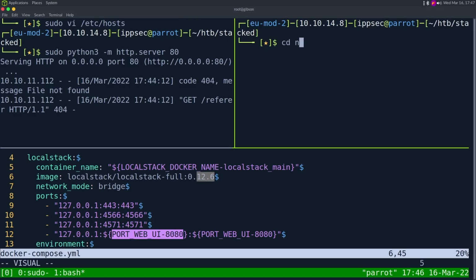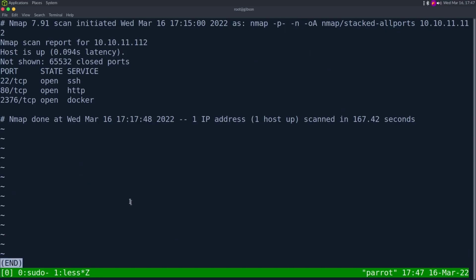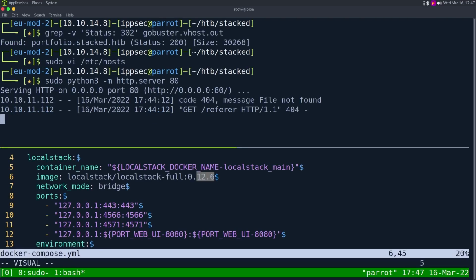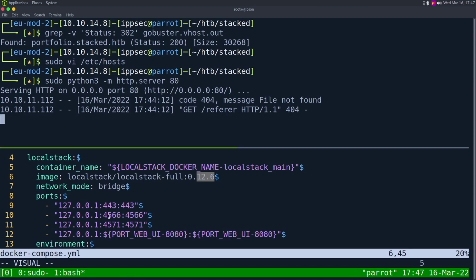We did do a full Nmap scan. So if I do stacked-all-ports.nmap, we can see 2376 is open at some Docker thing, but we don't see port 8080, which is what I'm assuming is going to be this web interface, the dashboard component. Or I don't see 4566, so I can't just access it. There's probably some type of virtual host routing, or I have to do something through cross-site request forgery in order to exploit this. So I'm going to start with